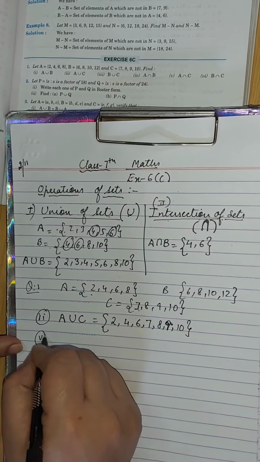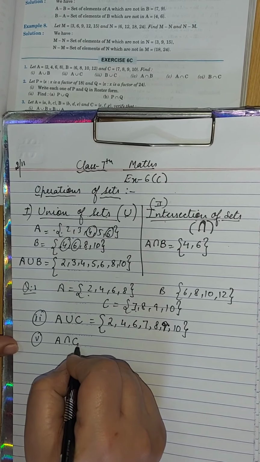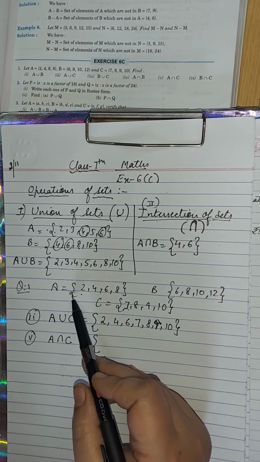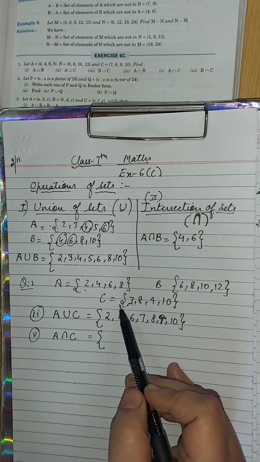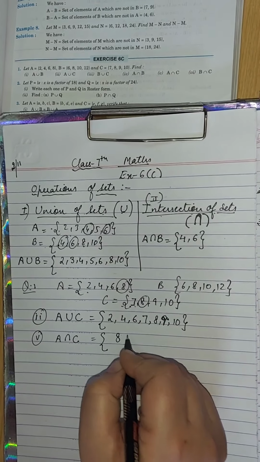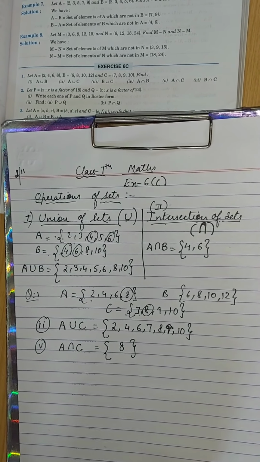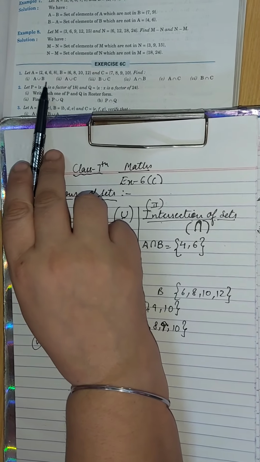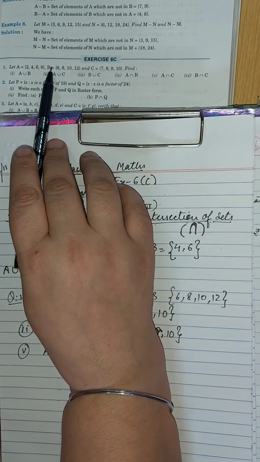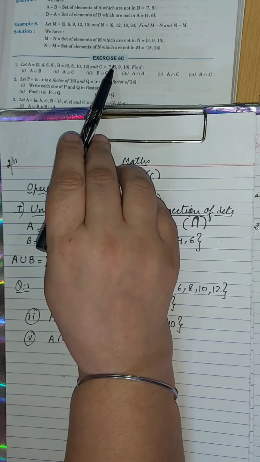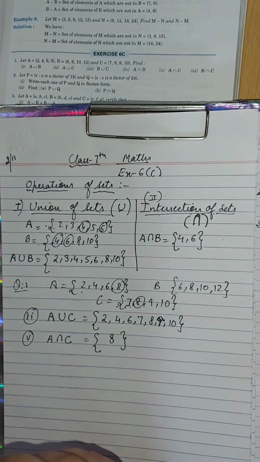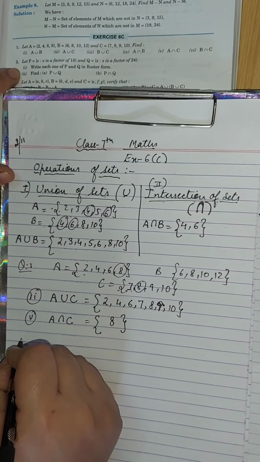Similarly, if I take fifth part, A intersection C, we have to see common in both these sets. A में और C में कौन सा एलिमेंट कॉमन है? And that is 8. 8 दोनों में आ रहा है. So 8 is in A intersection C. Like this you have to do all the parts. First you have to find A union B. आपने A और B को कंबाइन कर लेना है. B union C में B और C को कंबाइन करना है, पर जो रिपीटिंग एलिमेंट है वो आपने एक ही बार लिखना है.